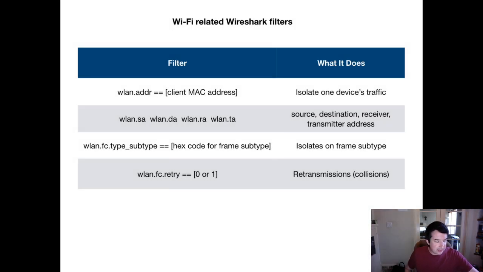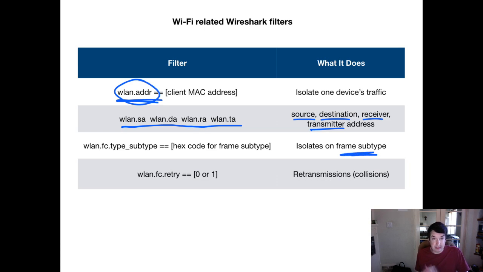But that was the last thing that I wanted to show you all: some useful Wi-Fi related filters to use in Wireshark. If you want to isolate one specific device, WLAN.ADDR. If you want to just look at when the device is a source or a destination or a receiver or a transmitter, you can use WLAN.SA, DA, RA, or TA in place of the ADDR. If you want to look at a certain type of frame, like I looked at the authentication frame and QoS data frames, you can use the